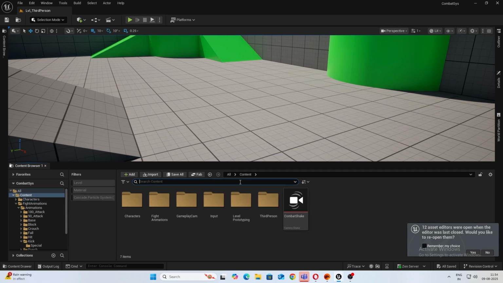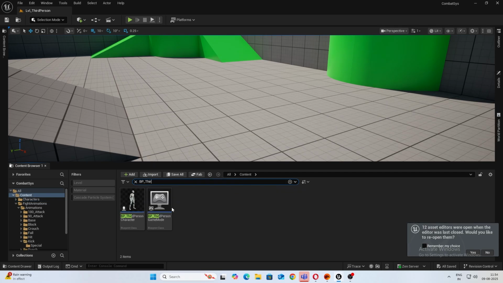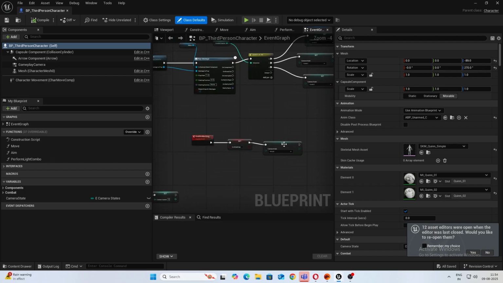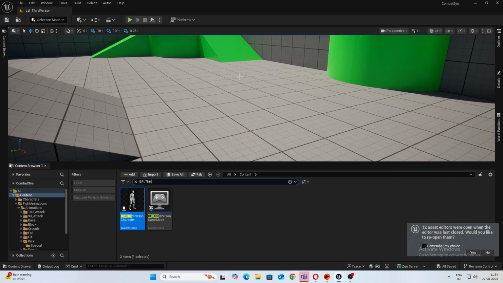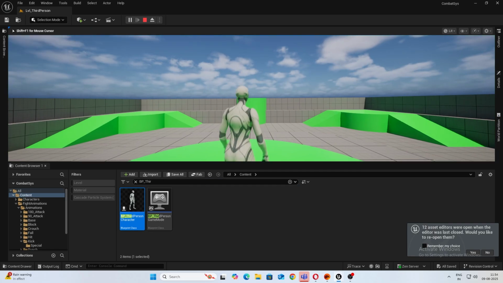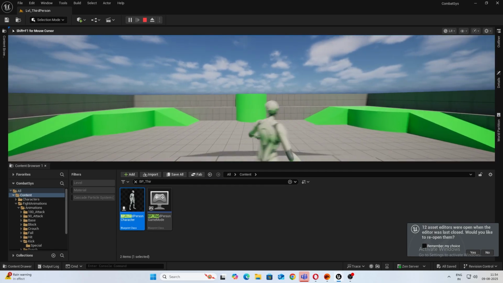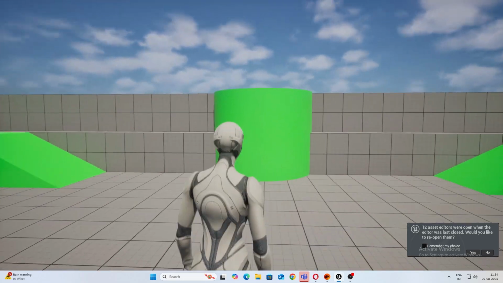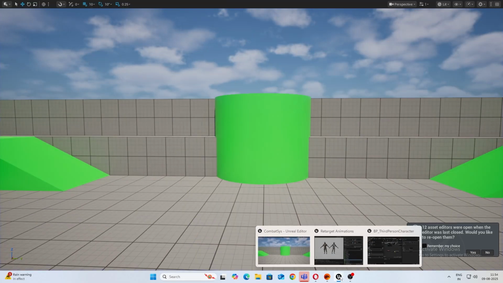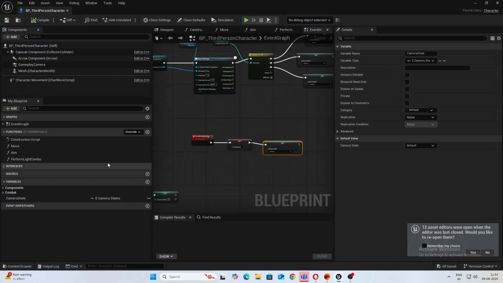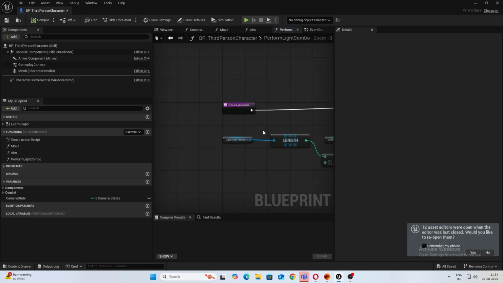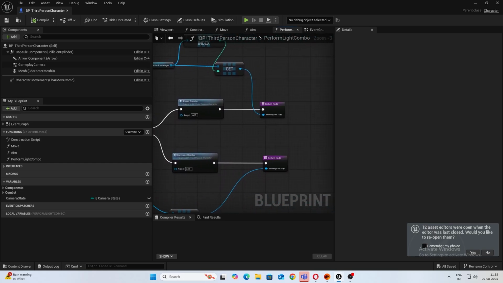And open up your 3rd person character. So in case you are new, make sure you follow the previous video to catch up how we did the light attack, which is this. Now we'll be adding the heavy attack to this. So okay, if you're following and you have the same thing as me, you'll have this perform light combo function with you. So what you need to do is